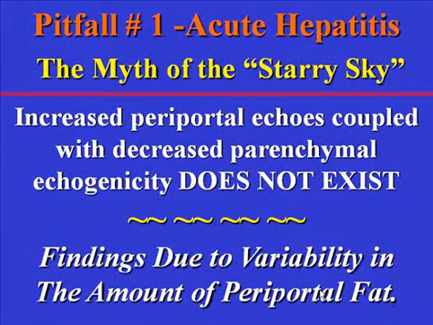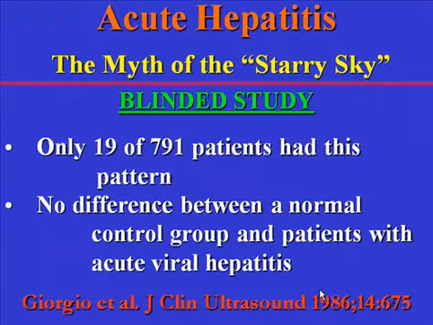Many people believe that increased periportal echoes coupled with decreased parenchymal echogenicity is virtually diagnostic for acute hepatitis, and this in fact is not true. The findings with respect to the periportal echoes are related to normal anatomic variability because of the variations in the amount of periportal fat, not related to the hepatitis. And in fact, this has been shown to be true in a blinded study that was done in Italy some time ago, where they did a study of